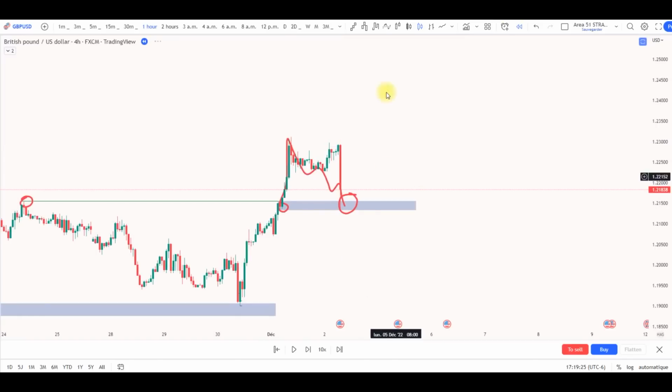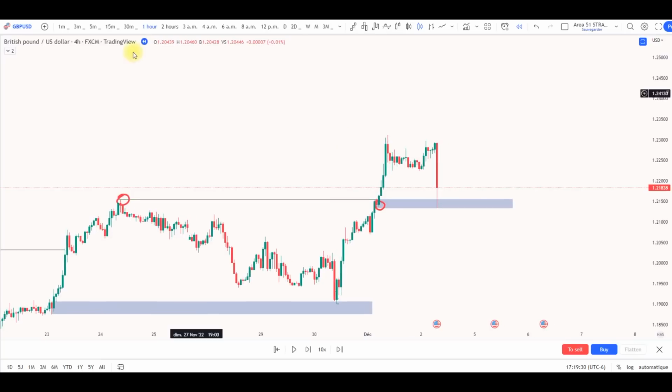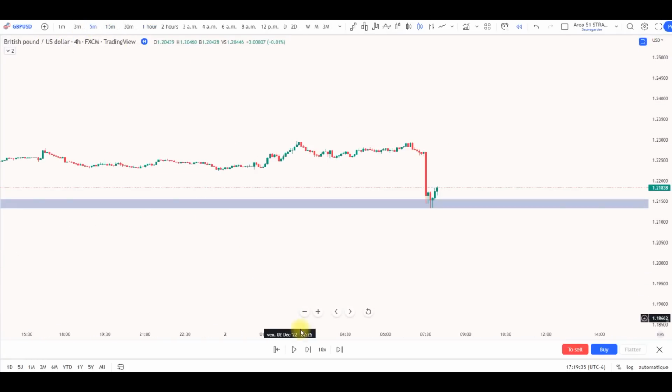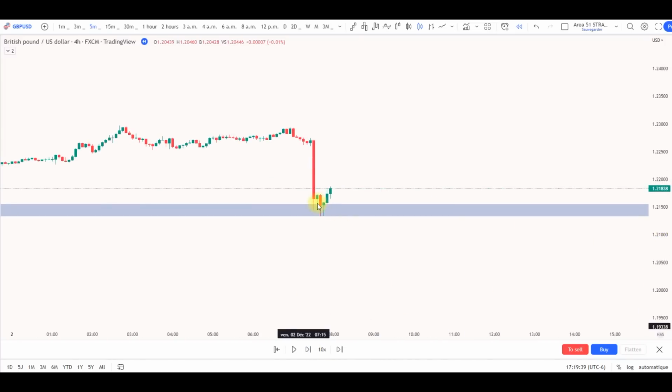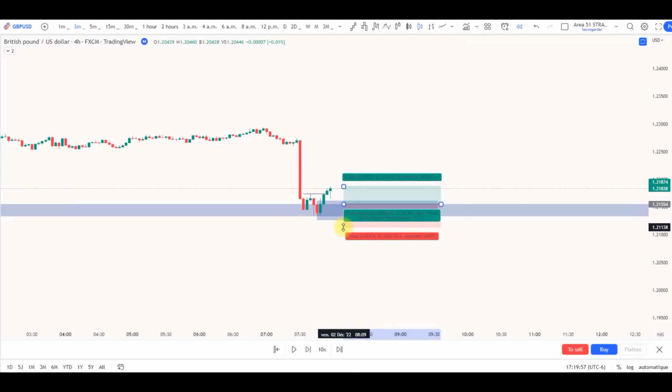Now you're going to have to go to the lower time frame, the 15-minute time frame or the 5-minute time frame, until we find a change of character. So now we have lower high, lower low, and then now we have a change of character. So now we mark our trade somewhere here. We look for entry, long position, put our stop loss right here, and then we target our next